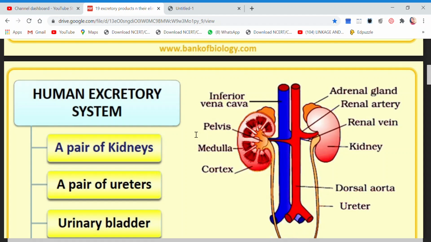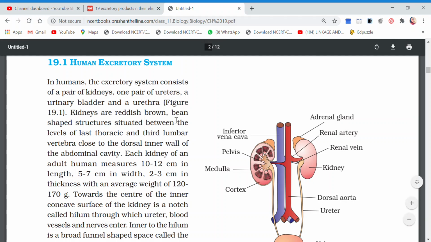Children, we are using a PPT and your NCERT book in front of me as you see here. So we will be taking on both the slides so that I can make you understand about the things written in your NCERT along with the beautiful, very clear diagrams through the PPT. So let's start with the human excretory system.